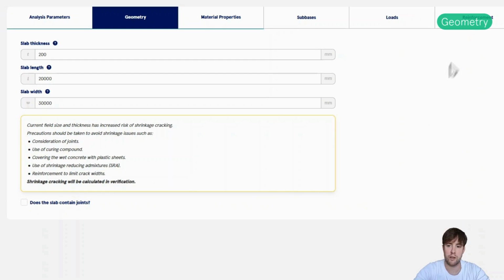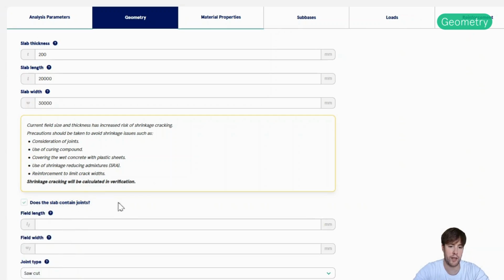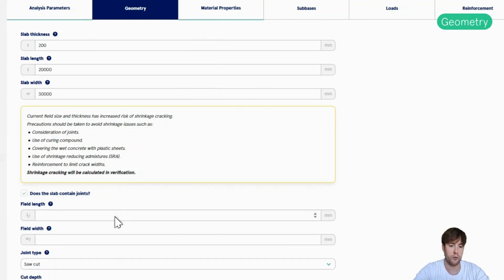The reinforcement we will get to in the end, but one of the suggestions to use joints can actually be found right here. Does the slab contain joints? So let's put a tick box in that. And now you can actually choose a field length and a field width.